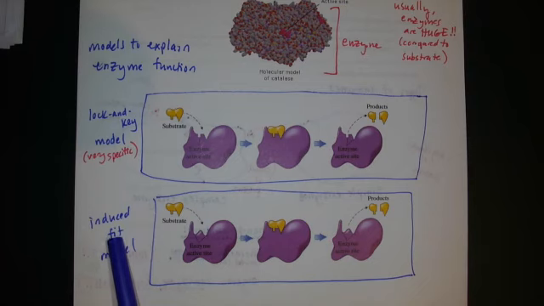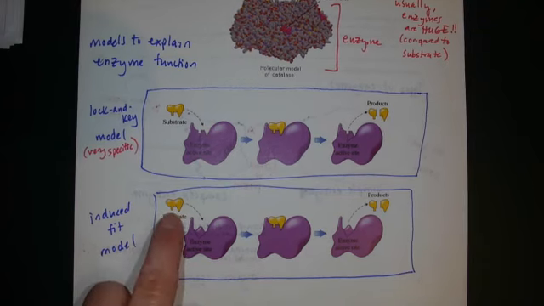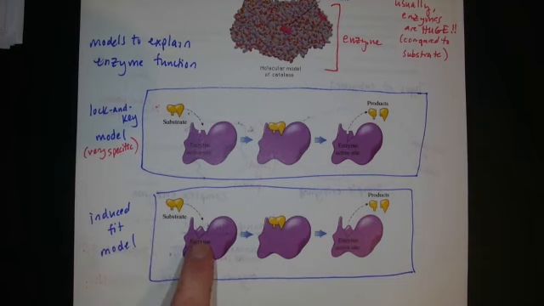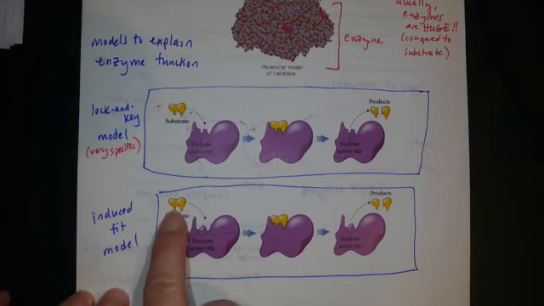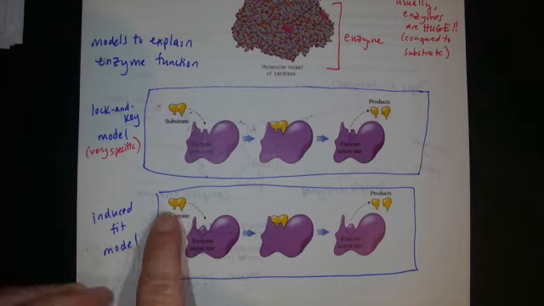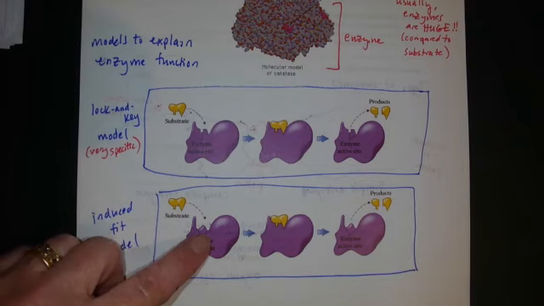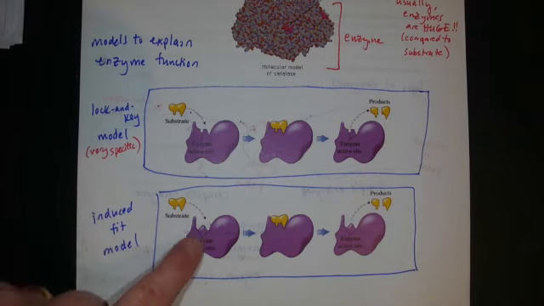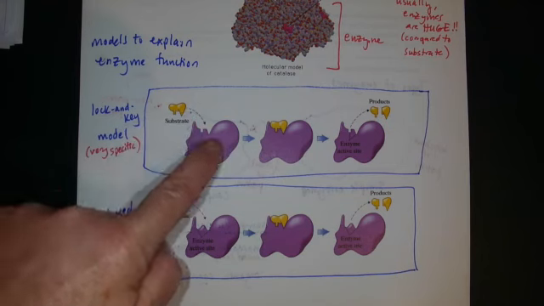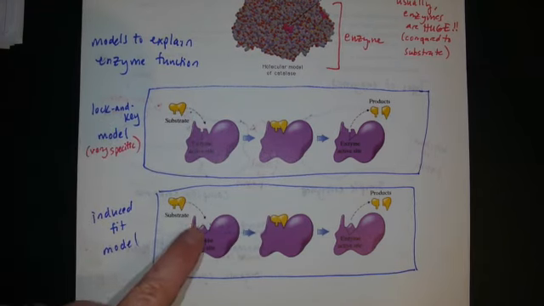Induced fit means, well, if the substrate shape and the active site shape are pretty close but not perfect, let's just give it a little bit of a nudge, and we can sort of wiggle it around and make it work. That's what induced fit is. Check it out. Of course, that exact shape of the substrate doesn't exactly fit the active site shape, but it's close. There's two kind of holes or indentations where the rectangular and triangular points or parts of that substrate could fit. It needs to be close. It wouldn't work over here, but that's fairly close. It's not perfect, so it's not a lock and key type of model, but it's close.